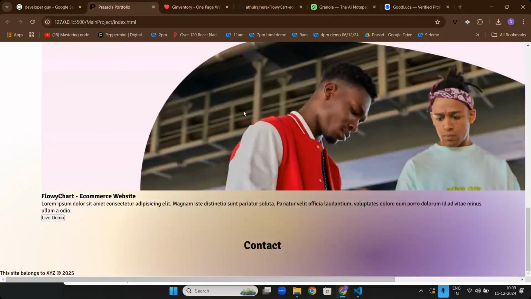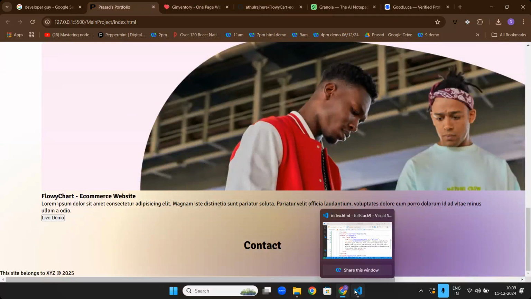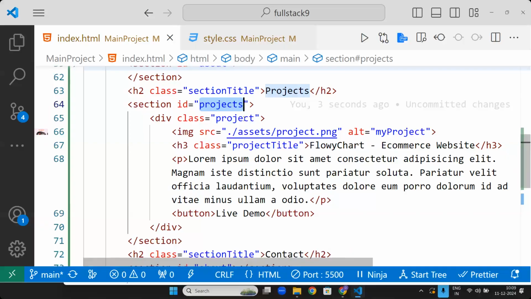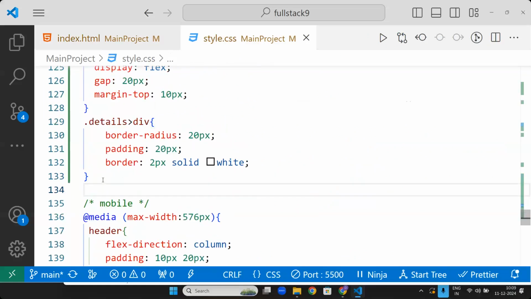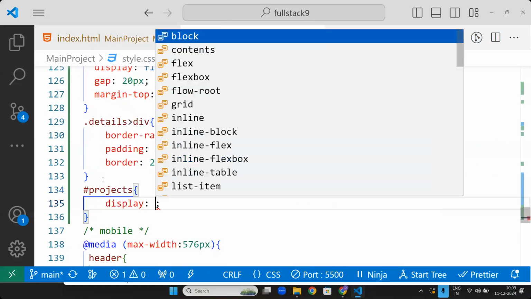See, this much big it came. Do you want like that? No, obviously not. And it's up to you how you wanted your project. I want it in a simple manner. Projects, grid,